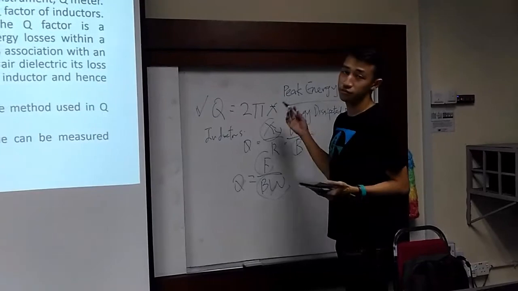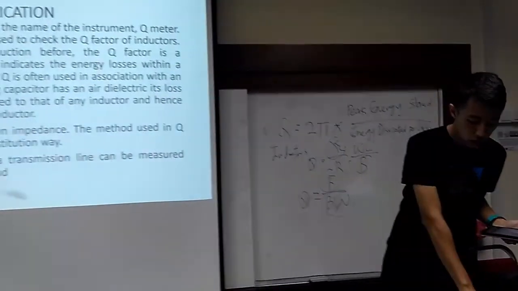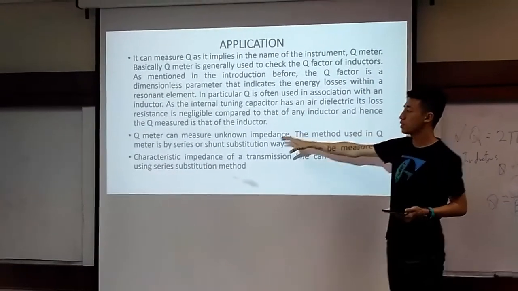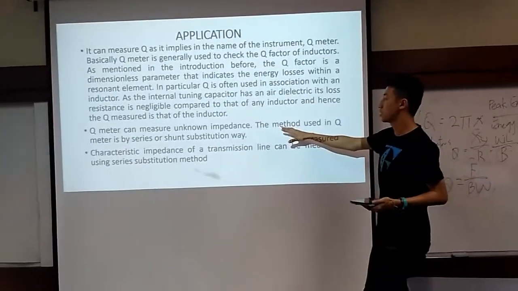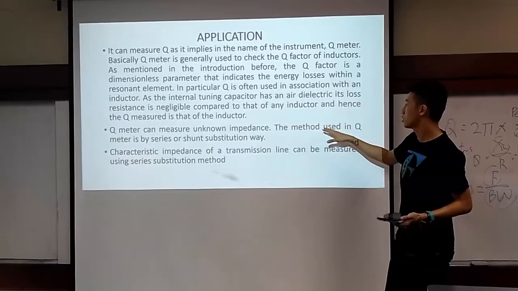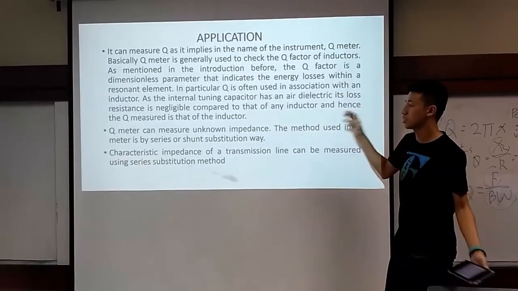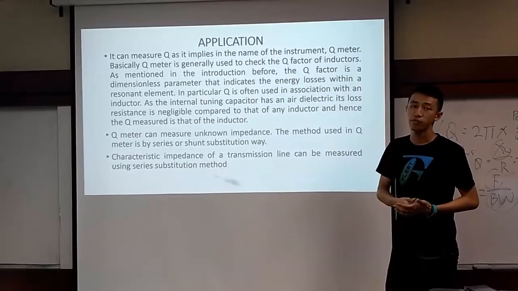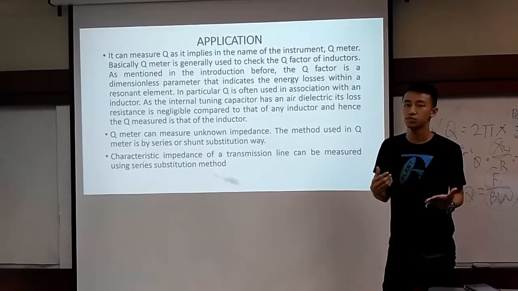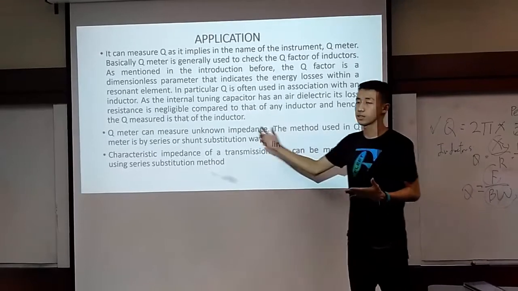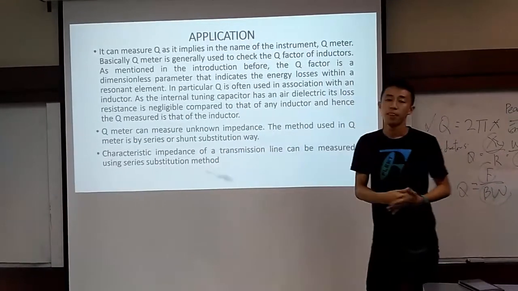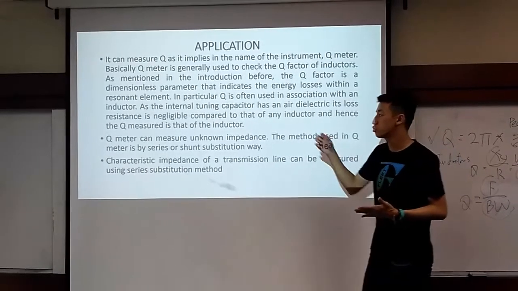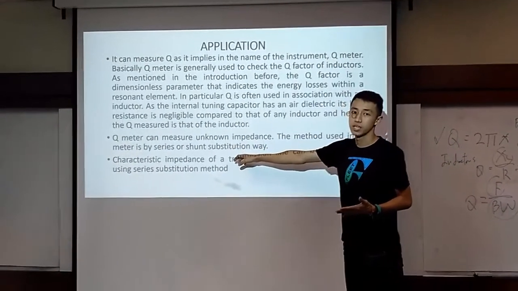Okay, next, this is the first application of the Q meter. Next I will continue with the second one. The Q meter can actually measure unknown impedance. The method used in the Q meter is series or shunt substitution, depending on the value of the impedance. Let's say the impedance value is very low, we can use the series method. In other words, if the value of the impedance is quite high, we can use the shunt substitution method to